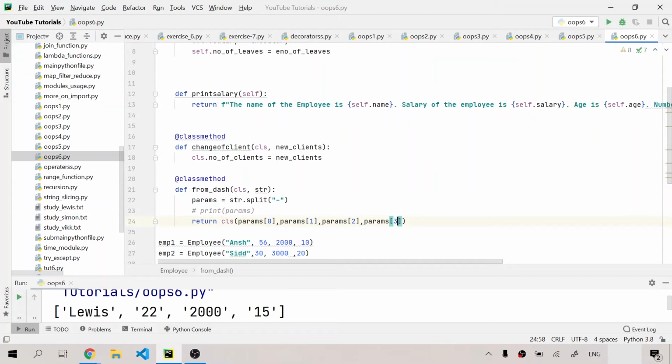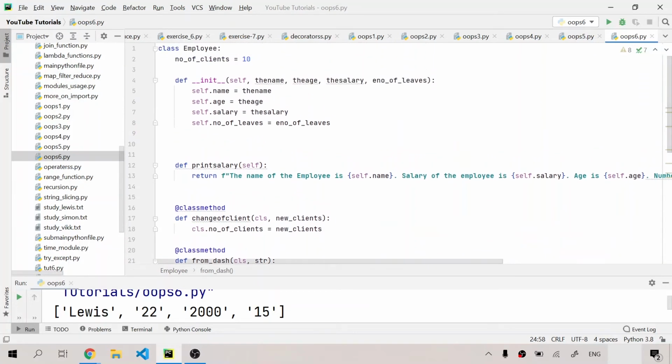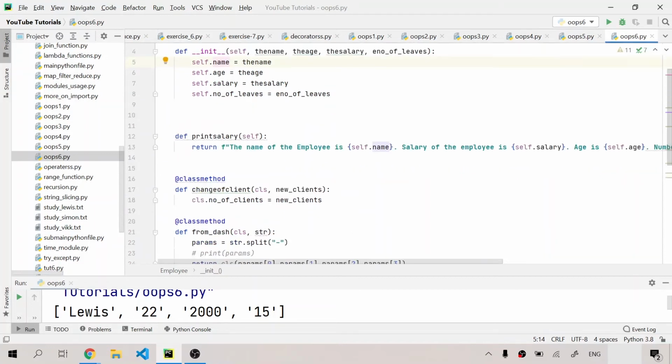I'm not making a new constructor, I'm making an alternative constructor. I'm not telling you that this is a new constructor. It is a way in which we can access the constructor of the original class, and after that we can provide the parameters into it. So that's what we are doing right here, and like this we will make the instance variables.